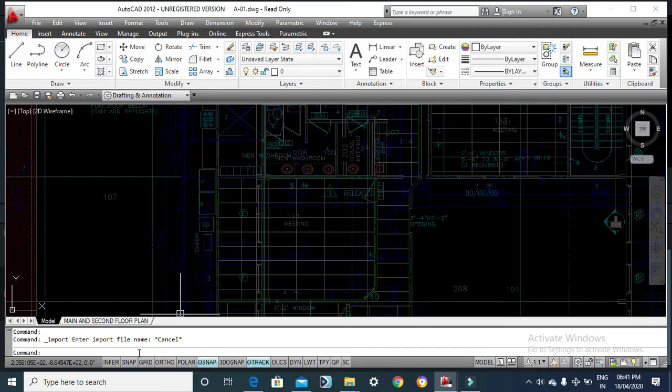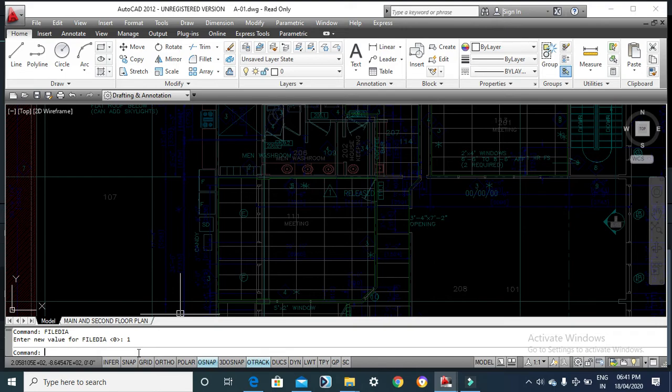There is a system variable called FILEDIA. When you enter it, the new value of FILEDIA is 0. Just to teach you and prepare this video, I have entered the value 0. 0 means off, 0 means no, but here I will enter 1. 1 means on, 1 means yes. As you know, the entire computer works on the concept of yes, no, true, false, and on, off. So 0 means false, 1 means true. Now after pressing 1, you can press enter. When you do, this system variable has become active.